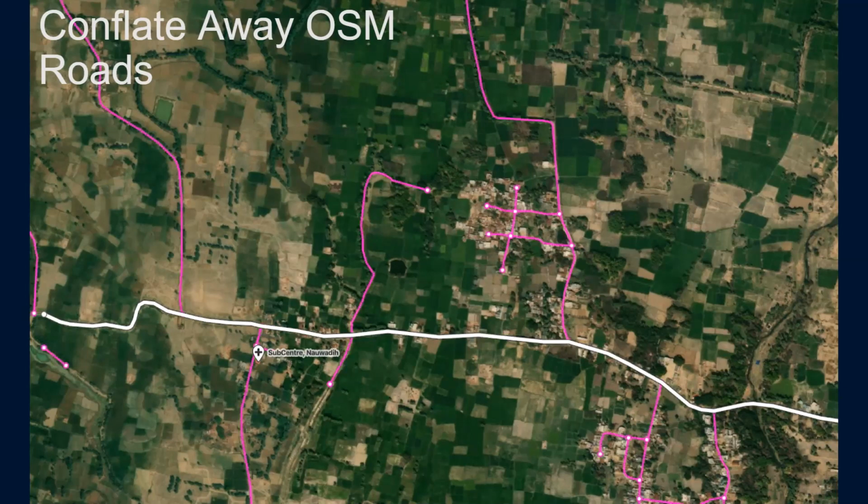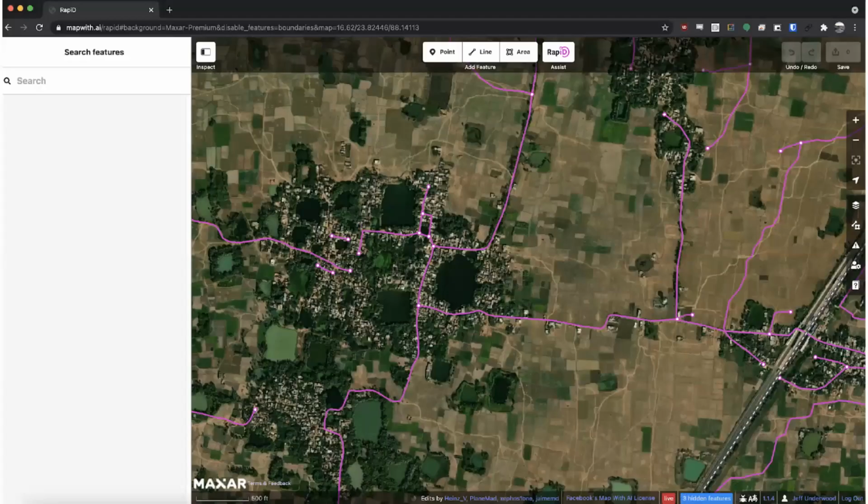Where we have magenta roads that are everything missing, and then the OSM data that's already there. And that's what users will see when they enter into Rapid. Next slide, please. Like this. Here's an area where we have very little data. And as Ben showed, you can quickly add all of these missing roads.